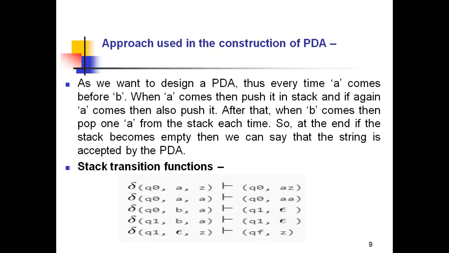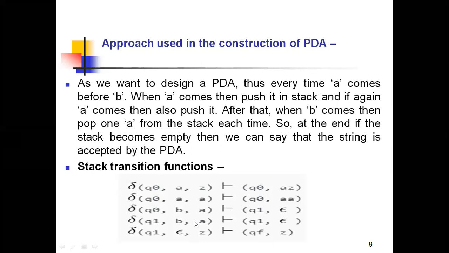So here we have some transition functions, stack transition functions. What the stack transition functions mean, for example, see here: q0 with a, initially the stack is Z, right? So when we are reading this, the input alphabet should be pushed into the stack. Now it becomes q0 aZ. And if both are the same, see here, I already pushed an a, right? Now it is aa. Now both the stack alphabet and input alphabet are the same, so again you need to push it into the stack: q0 aa.